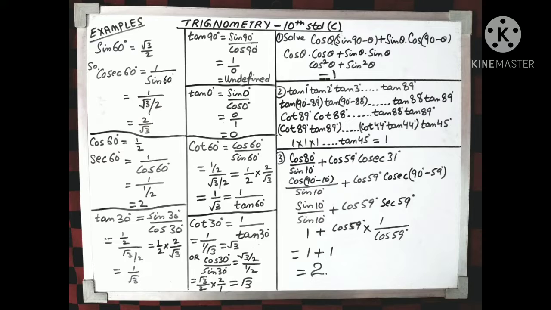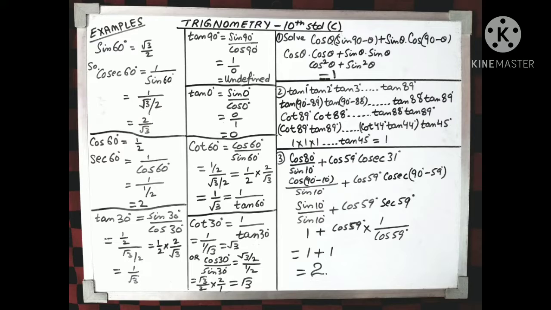Now suppose I have to find cosec 60. I will write it as 1 by sine 60, 1 by root 3 by 2, which will be 2 by root 3. Got it? Secondly, we know that cos 60 is equal to half. So if I have to find out sec 60, I will write 1 by cos 60, 1 by half, which will give us 2, right? Similarly, if I have to find tan 30, I will write sine 30 by cos 30, that is 1 by 2 divided by root 3 by 2, that is 1 by 2 into 2 by root 3, which is finally giving us 1 by root 3.